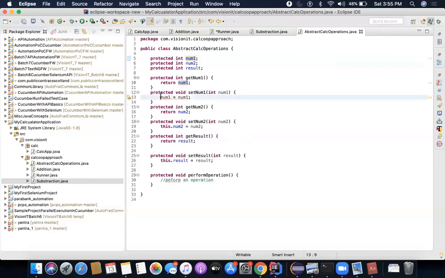So by putting this dot num, I'm saying that this value should be equal to this value. In this specific case, this is the need for using this here. So it's always a good practice to use this. That is what I'm saying.